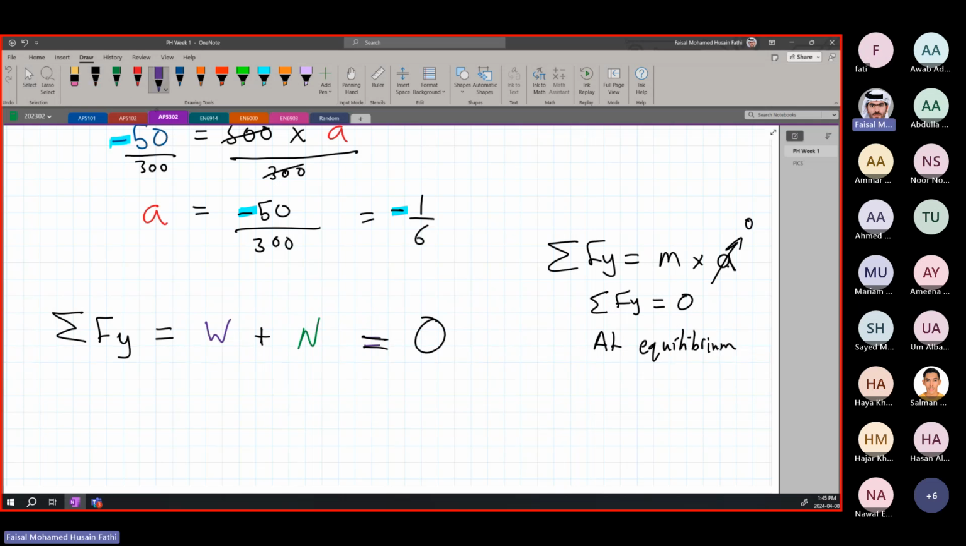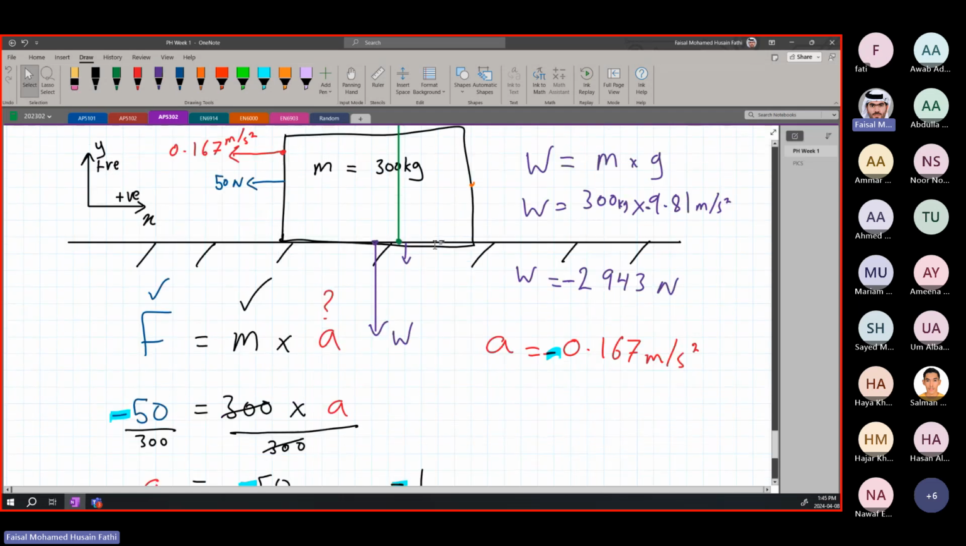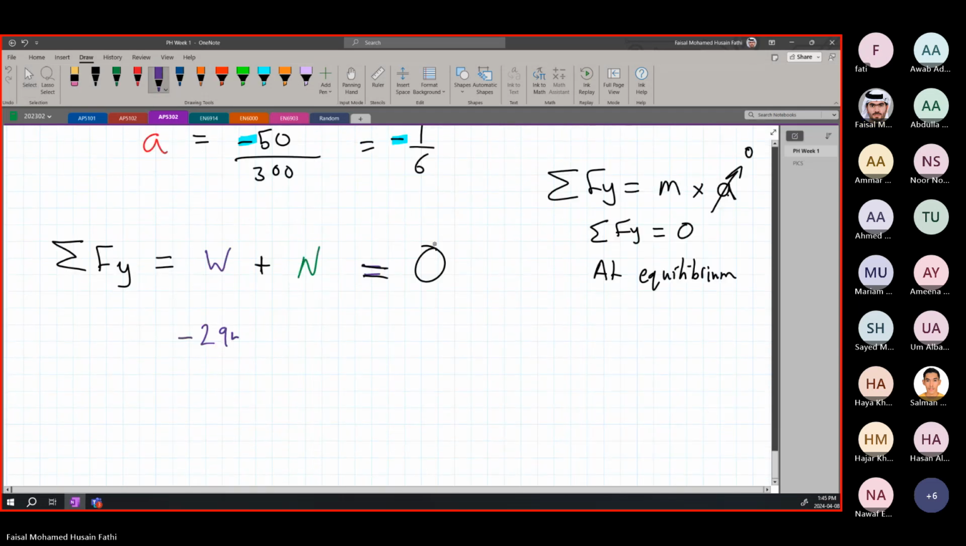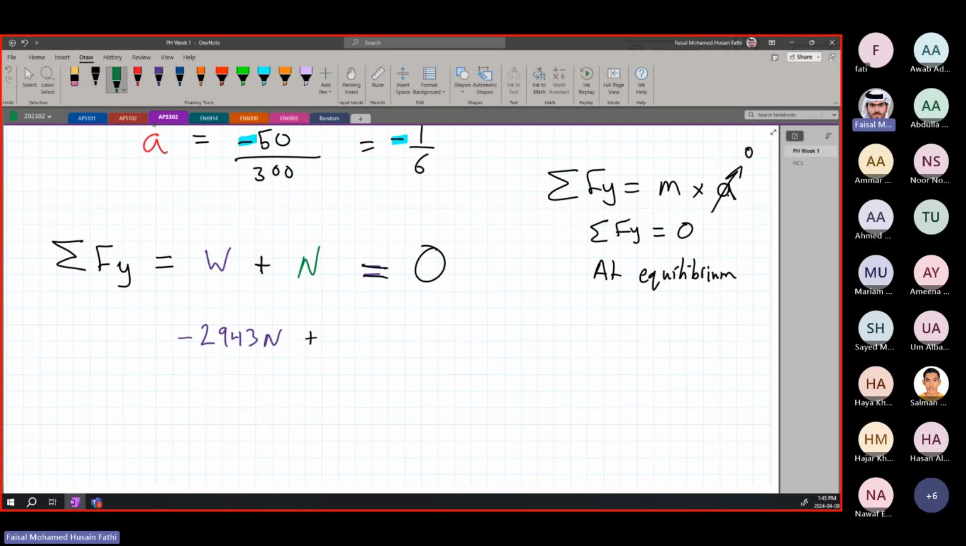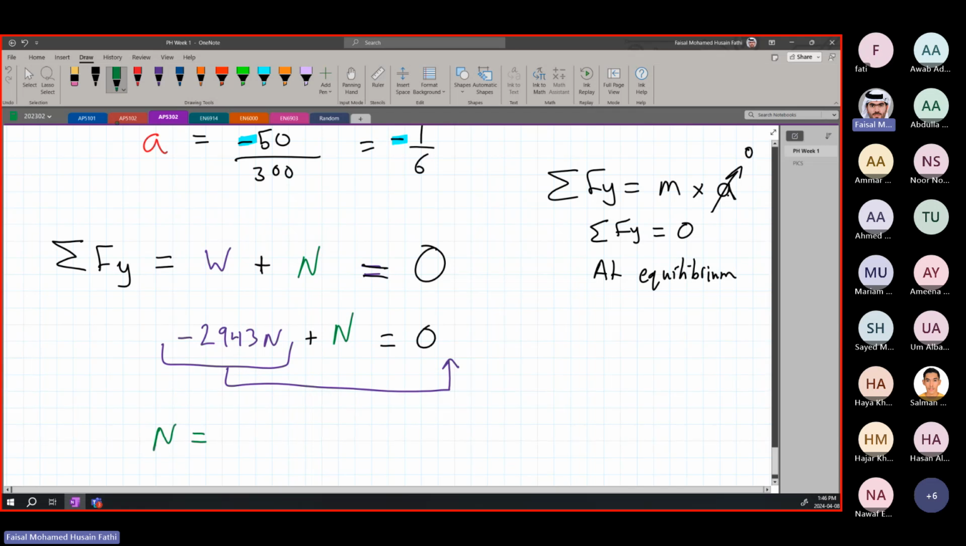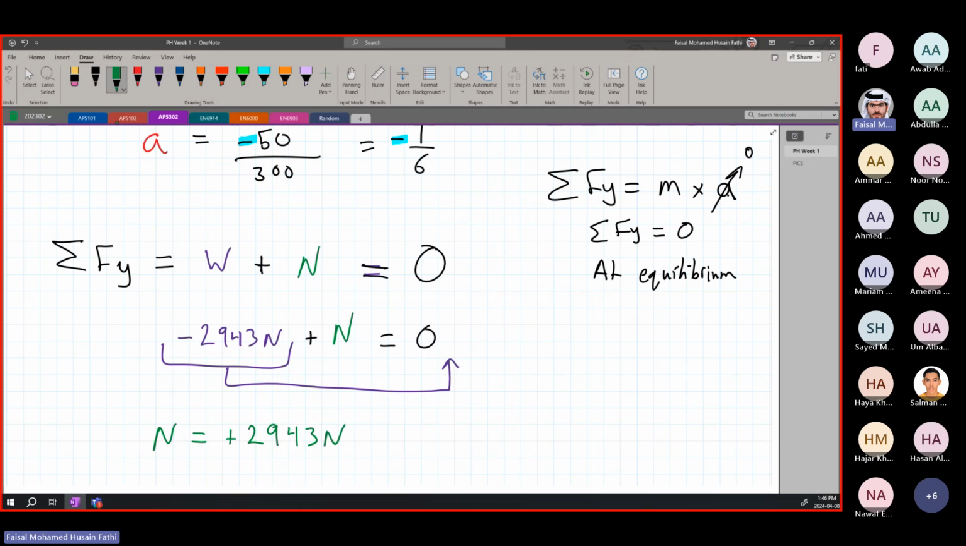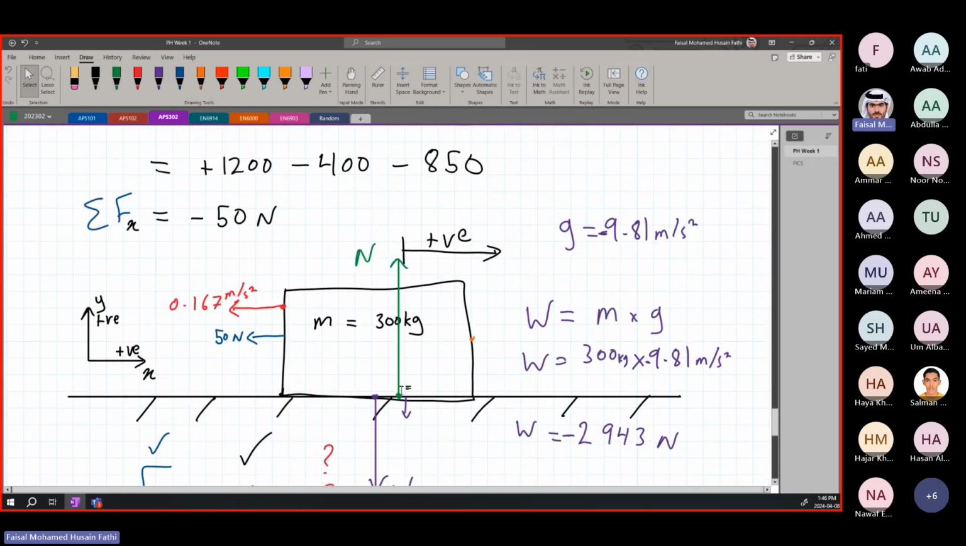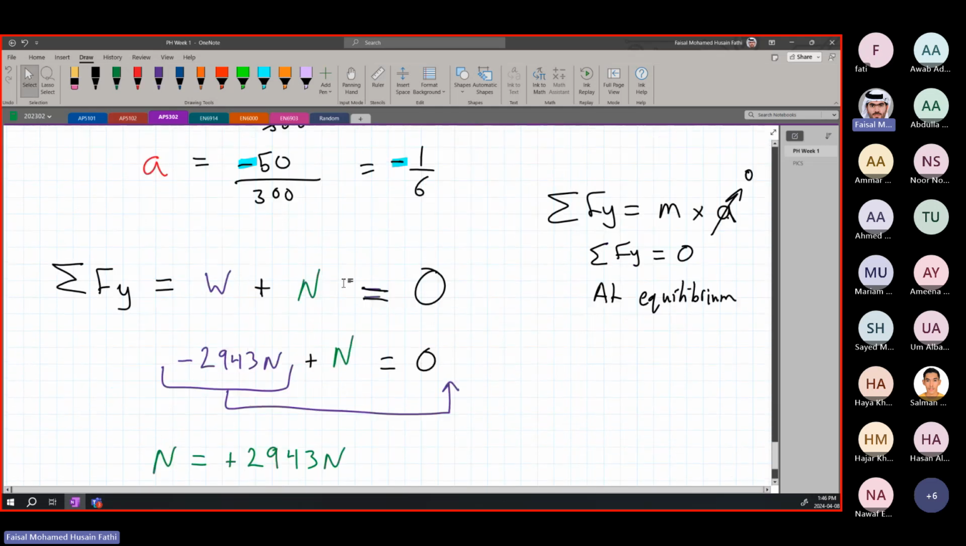W we know is minus 2,943 newtons plus N is equal to 0. So now we could just solve for N. We could just take the W to the other side. And you will realize that N is equal to plus, since it's minus here, it's going to become plus there, 943 newtons. So now we know, we already knew that the direction was going to be upward, so the answer